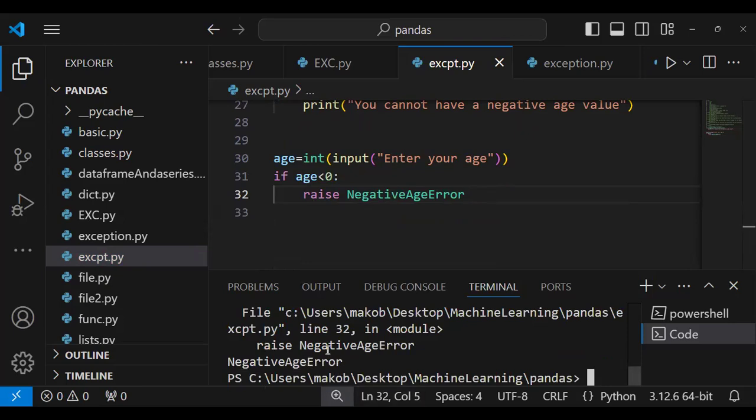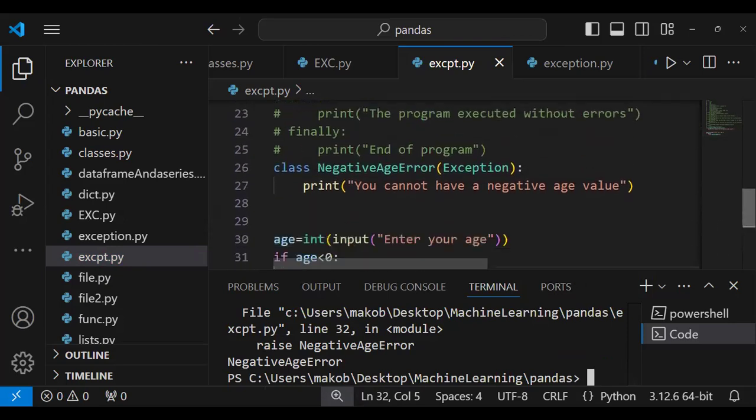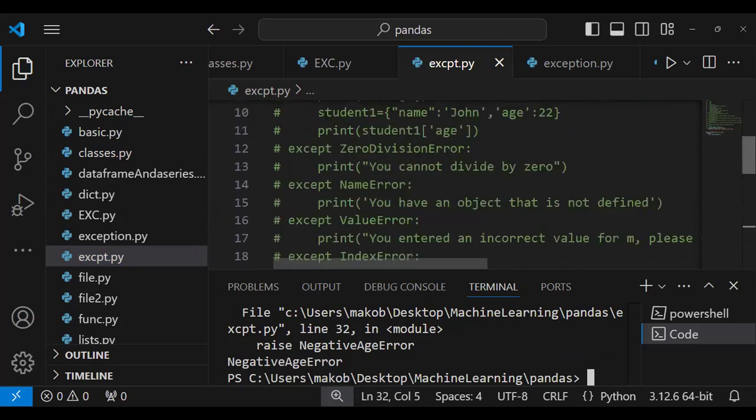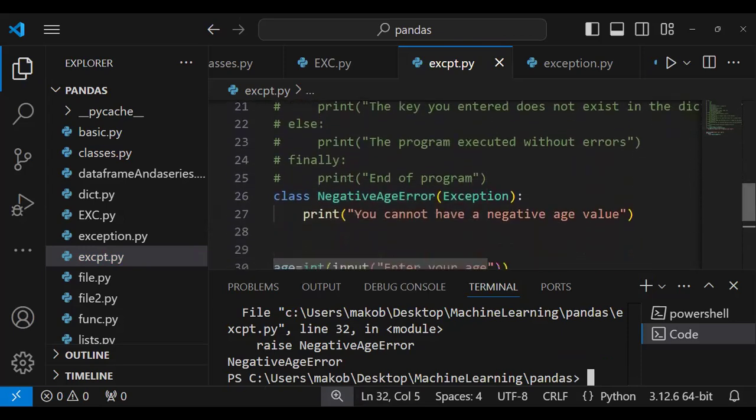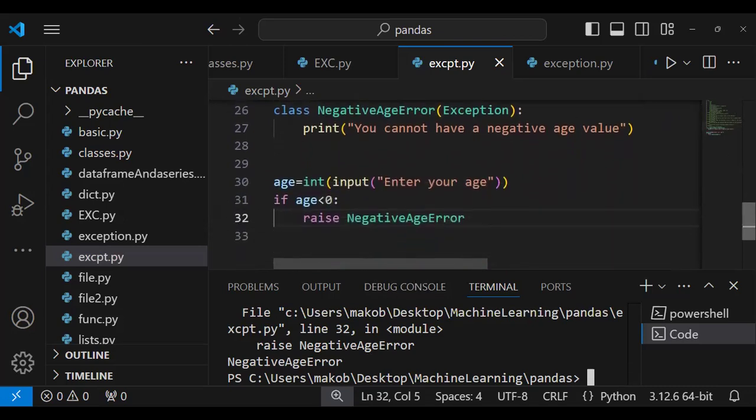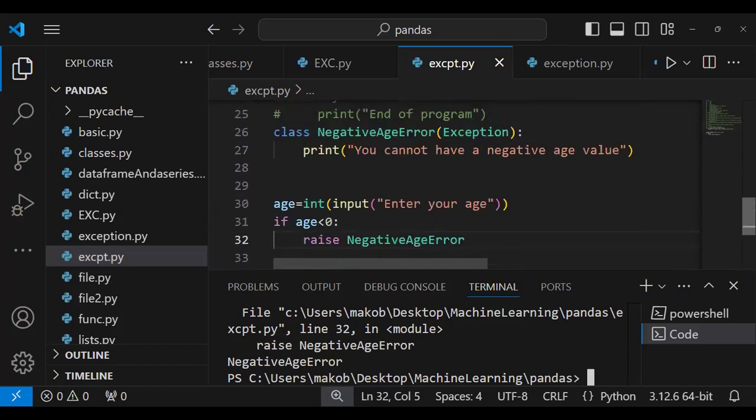Okay, it is raising NegativeAgeError, but it is not printing the statement under that. So how can we smoothly improve this? We expect it to print, you cannot have a negative age, but instead it's just printing here NegativeAgeError, and it's not showing us something descriptive enough. So what we can do